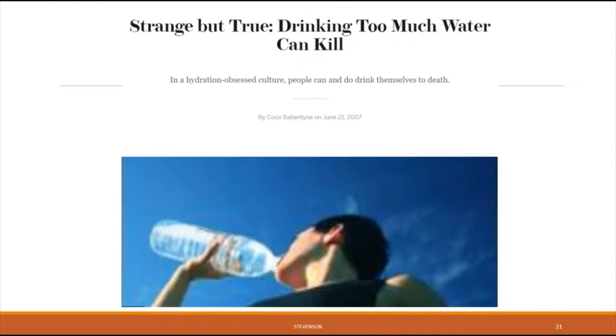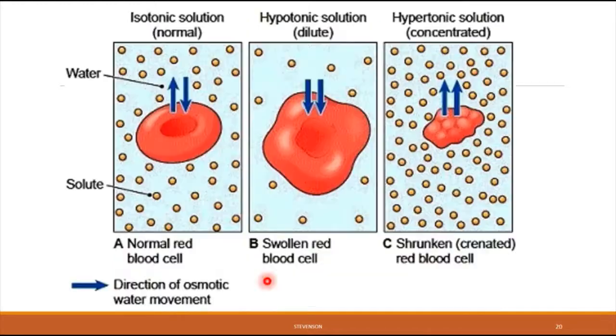Now, here's something interesting that you may or may not know. You can drink so much water that you can actually die from what's called water toxicity. The reason why this happens is because of osmosis. When you drink too much water, you create a too dilute extracellular environment for your cells. You create a hypotonic solution. As a response, your cells start to suck up all of that water that's in their environment